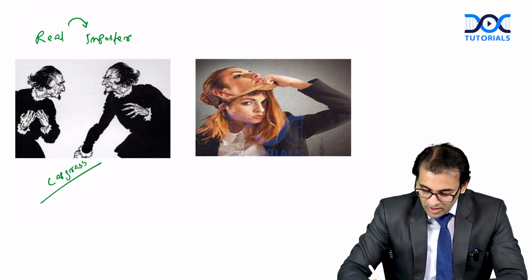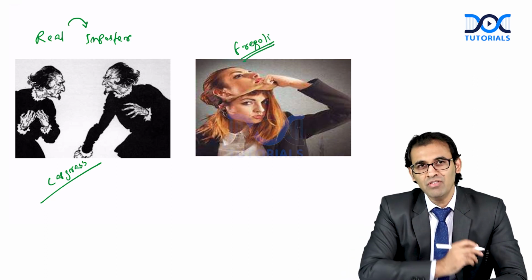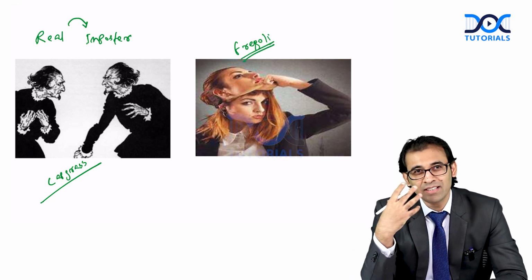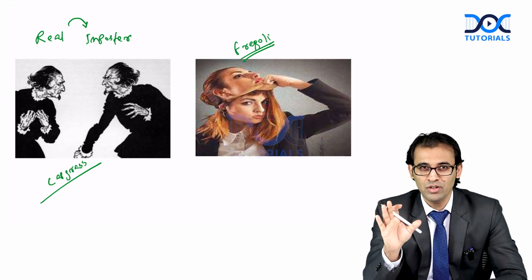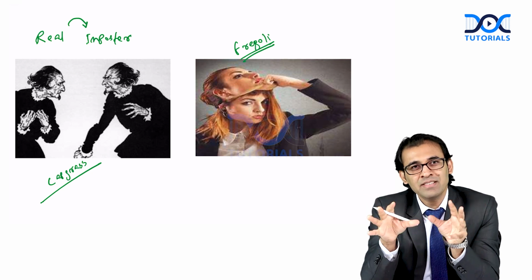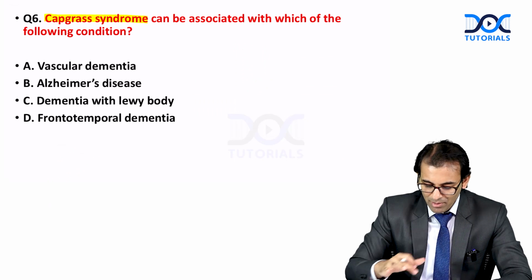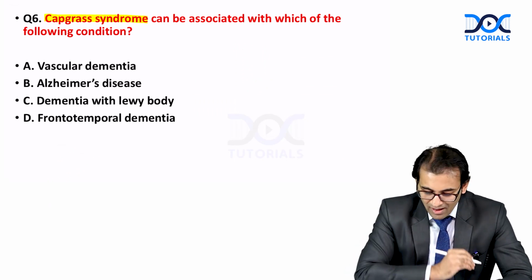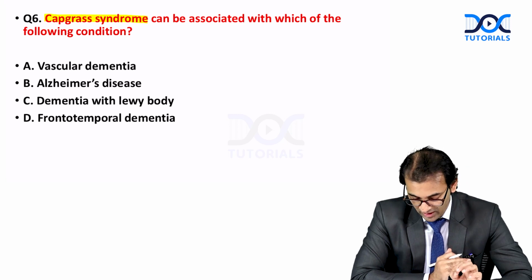What about Fregoli syndrome? Here the patient will be complaining that one known person can change into many appearances, right? That is called Fregoli syndrome. Remember, basically these are delusions of misidentification. Here they have asked about Capgras syndrome is associated with which of the following conditions, and